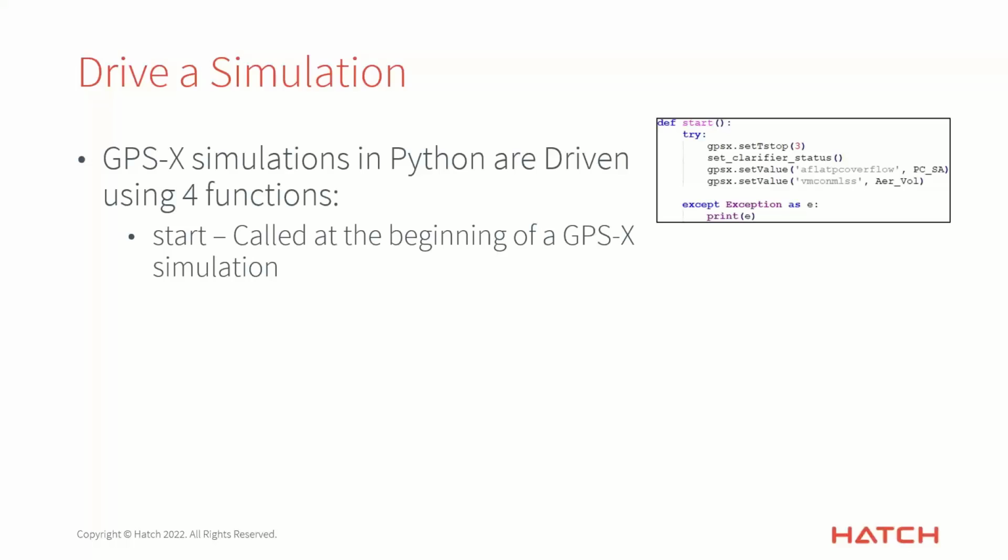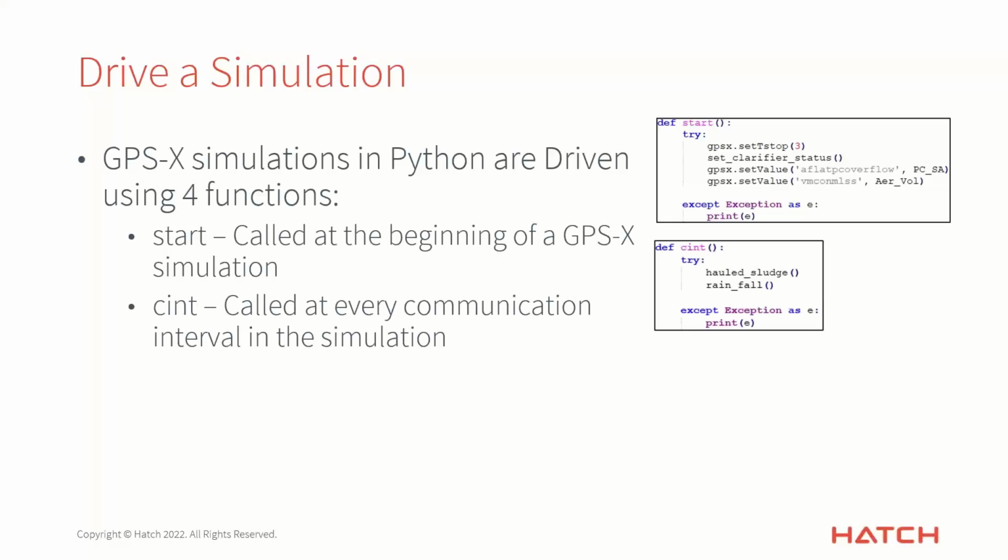We'll call our clarifier status function, and we're only going to do that in the start to assess the operational status of our clarifiers. And then we'll set a constant value for our primary clarifier surface area and our aeration tank volume. Next, you have your sync function, where this will be called at every communication interval throughout your GPSX